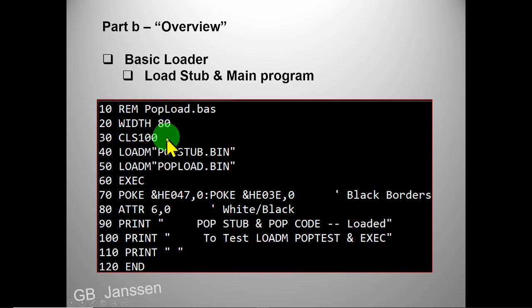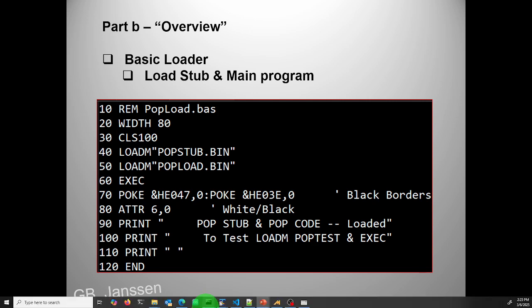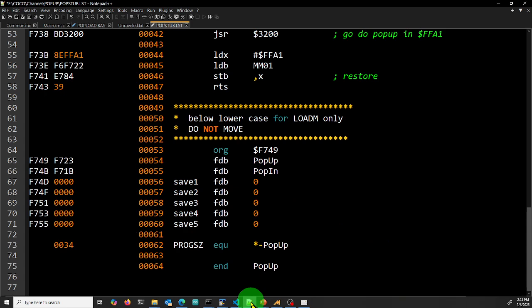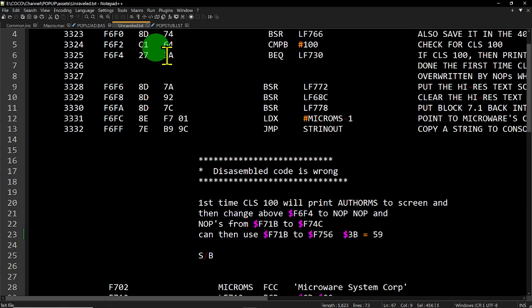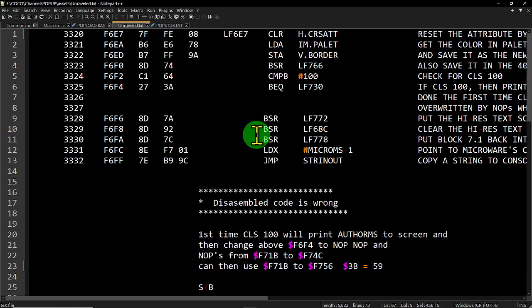Once we do that, we want to load our code up in that area. So there's so many screens here. And find it. Let's look at the unraveled code. Why do we do that? Okay, I snipped this out of the unraveled code, just a hunk of it here. And if you do a CLS 100, you just turn your system on, and you come down through this code,